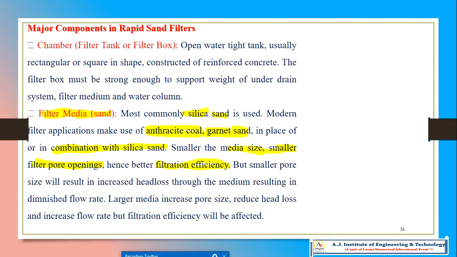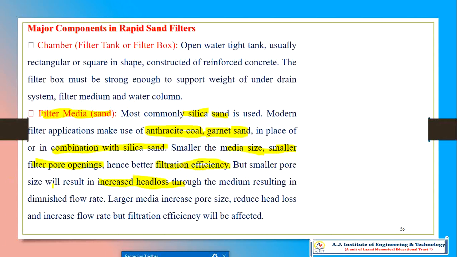At the same time, there is a time consideration that you have to maintain. Both you have to maintain within a certain time. The rate of filtration should also be high. If you use a smaller media sand size, then the pore opening is also small, and the efficiency will be good, but a smaller pore size results in an increase of head loss. Correct, no? Why is head loss increased? Because a layer will be formed. With smaller pore sizes, the particles will rest across those pores, and there will be no passing of the water. The head loss will be formed.